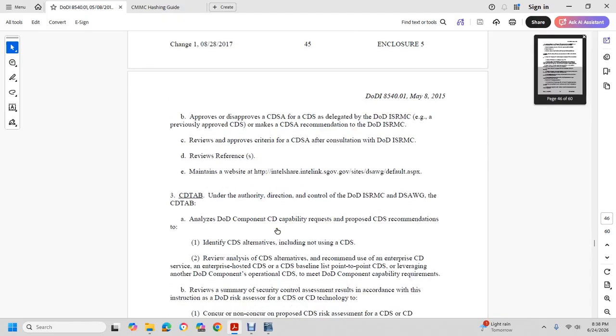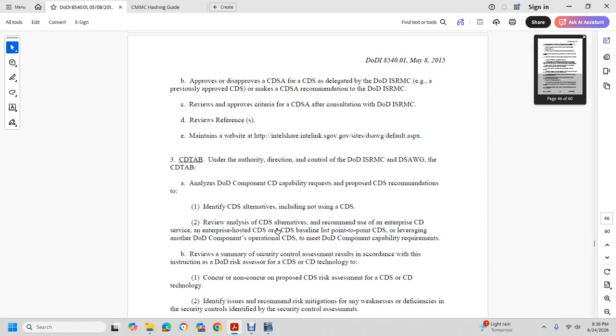Cross-Domain Services tab, under the authority and direction of the Department of Defense ISRMC Defense Security Accreditation Working Group. The CD tab analyzes the DoD component's cross-domain capability, requests cross-domain solution recommendations, and identifies cross-domain solution alternatives, including not using a cross-domain solution. Based on the analysis, the recommended alternatives are the enterprise cross-domain service, the enterprise hosted cross-domain solutions baseline, and point-to-point cross-domain services, leveraging a node of the DoD component's operational cross-domain service to meet the DoD component's capability